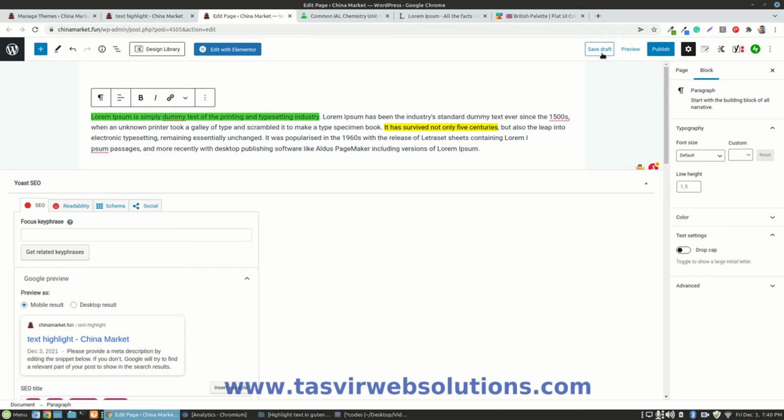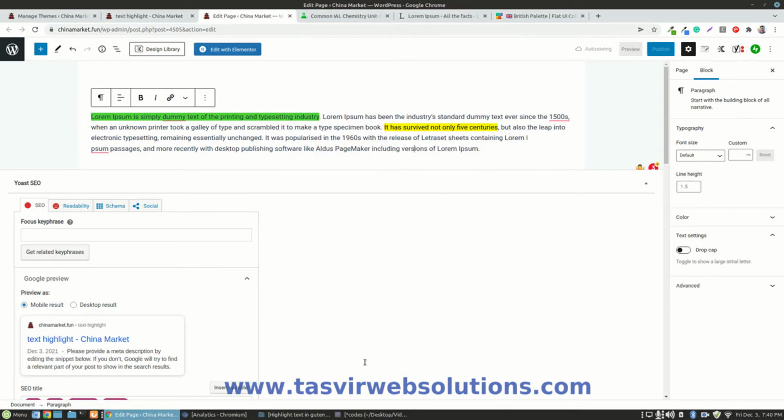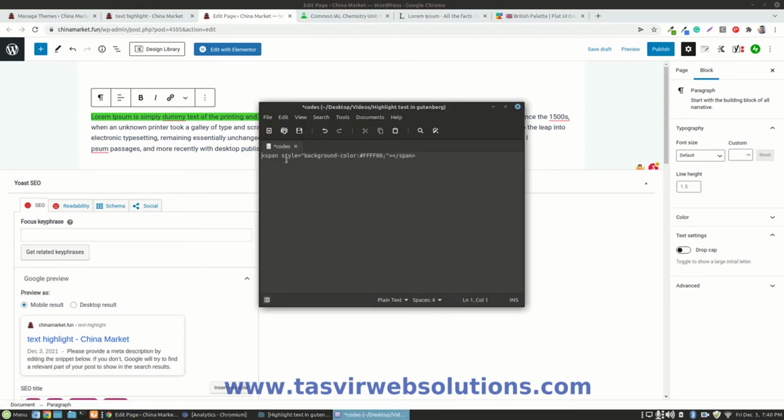But you'll need to use that theme and plugin. If you don't want to use that theme and plugin, you can just use the option which I showed you a little bit earlier on. Just use this code to highlight any line. And once again, I'm going to provide this code down in the description below, so you can easily copy and paste it from over there.